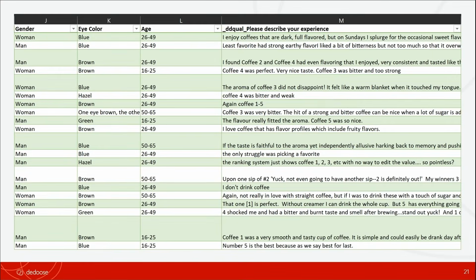And this is a quick example for you showing that those columns are our descriptor titles, so gender, eye color, and age. And then each row refers to a specific participant. So that first row there is a woman with blue eyes who was age range 26 through 49. And then you have her qualitative response. And you'll see that we put _DD_qual_ before we upload it to make sure that it categorized it as qualitative